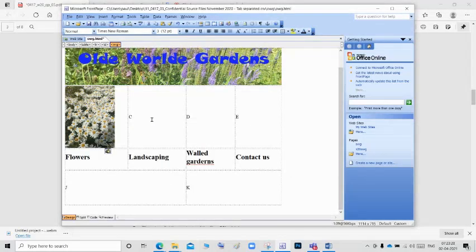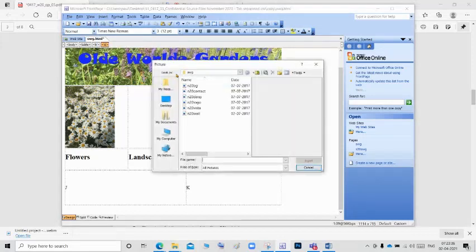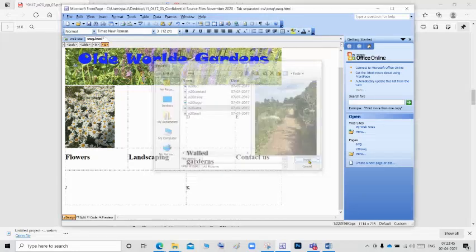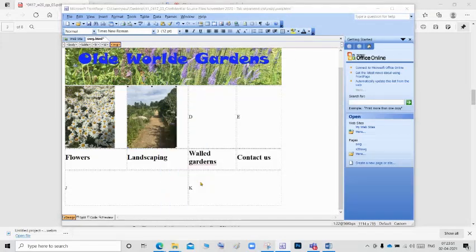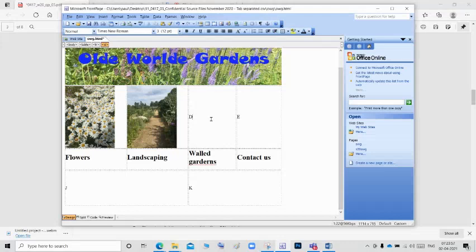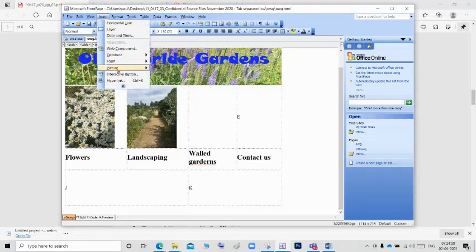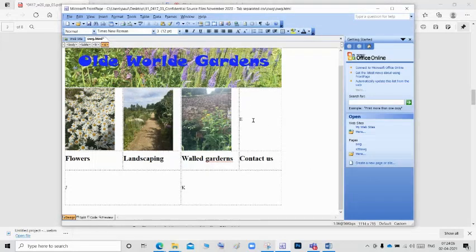Then click OK. Next, go to the C, delete, go to insert and insert the picture. Okay, so landscape will be Vista, this one. Okay, this is the landscape. Insert and check the picture properties, whether it is 200. Right click, picture properties, 200 and keep aspect ratio is on. Next for walled gardens, delete the D, go to insert, picture from file, into wall, and insert and check whether the picture size is 200.